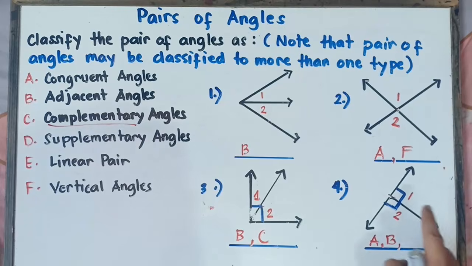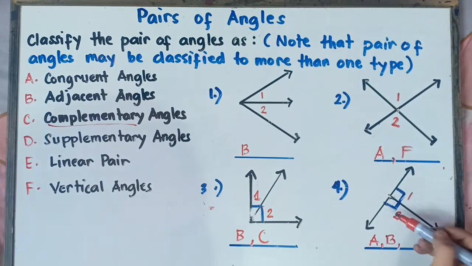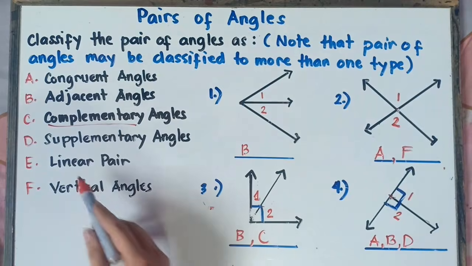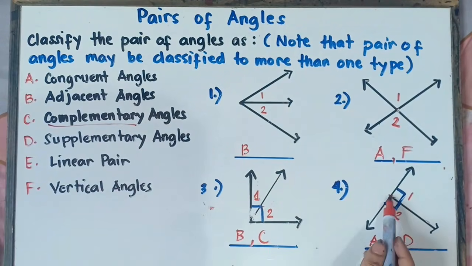Is this supplementary angles? Yup. This is supplementary angles because if you add the two angles, that would be equal to 180 degrees. Yup. That would be supplementary angles, letter D. Alright, so can we call this one linear pair? Yup. You can call this one linear pair because they share a common vertex. This is the vertex. They share a common side. We have two adjacent angles and they add up to 180 degrees. Angle 1 plus angle 2 will be 180 degrees. Therefore, you can call this one linear pair.